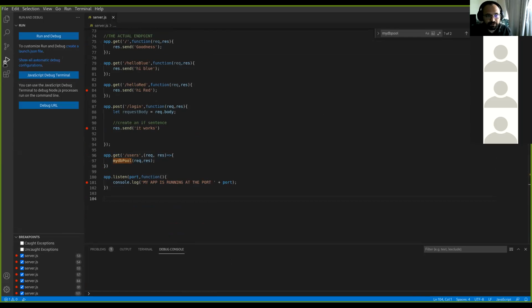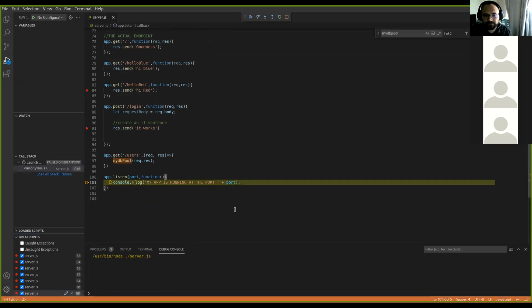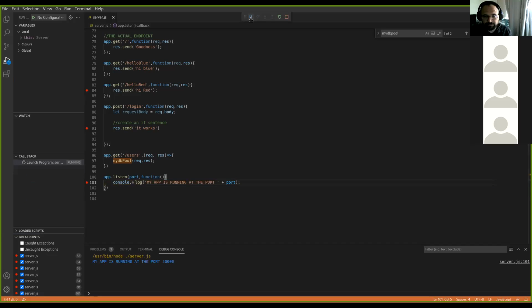And I'm going to run my API with the little buggy thingy here, and I'm going to run and debug, and my app is running at 440K in here. Now,